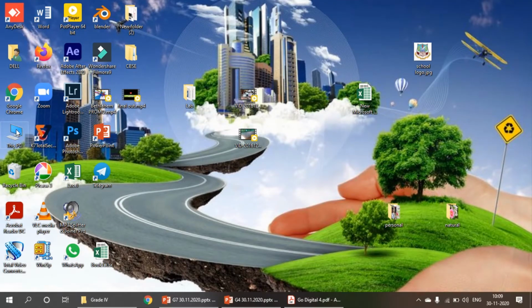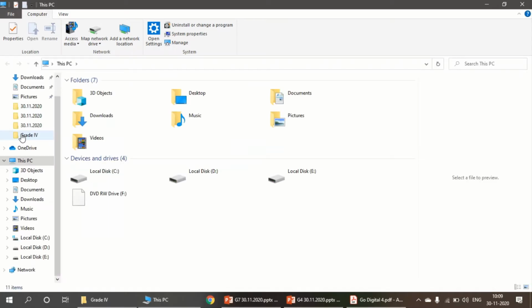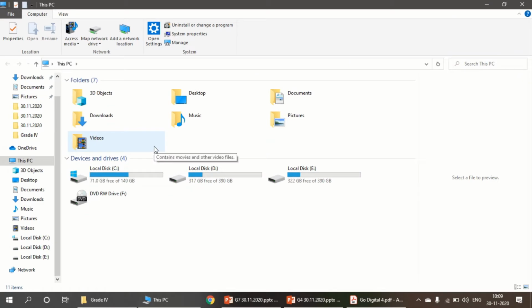So first we will open this PC. Okay, this is a Windows 10 operating system. I am using Windows 10. In your book it's based on Windows 7 operating system, so similar options are there, but small variations will be there. Windows 8 is also there. If you use that, some variations will be there, but the options will be the same. You can refer to page number 21, how to create a new file or a folder.